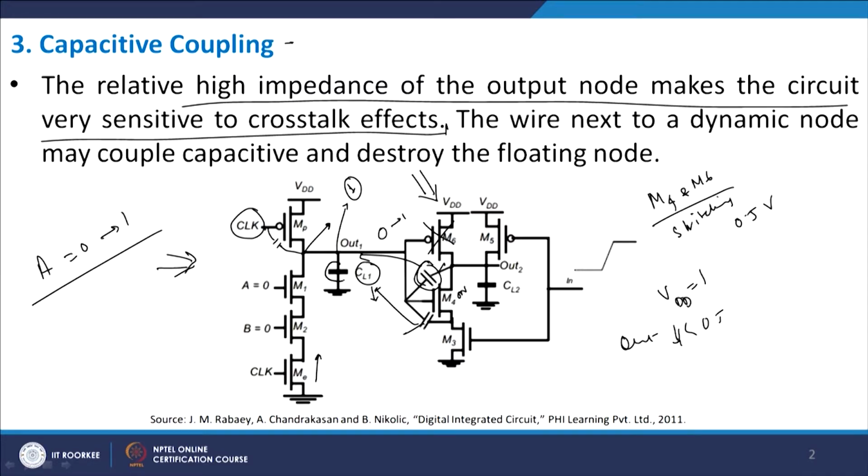Then the charge which was located here will now be shared between this and this. So there will be a charge sharing phenomenon taking place, which we will come to later. It means that if during the evaluation phase your pull down network is not activated, even if part of it is activated, the charge accumulated at the loading capacitance might reduce due to charge sharing, and it might affect the overall operation.